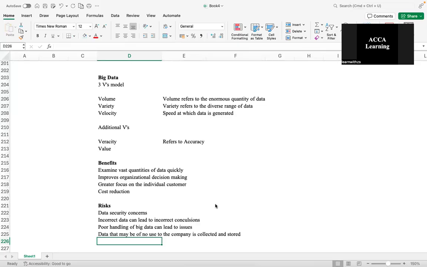Okay. Now, let's look at an example of how big data is used in real life. Big data is widely used in the hospitality industry to understand customer preferences and personalize their experiences. For instance, hotels can analyze data from various sources. What can hotels analyze from various sources? They could use online reviews, ratings, social media posts, their interactions. They could use loyalty program data, as I mentioned. They could use customer feedback forms as to how the experience of the customer was.